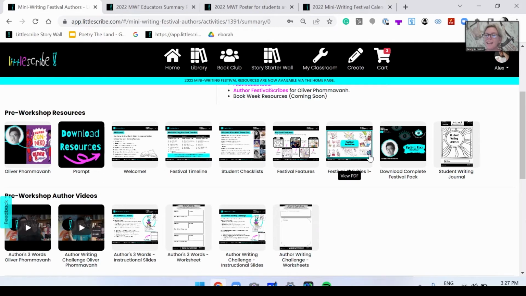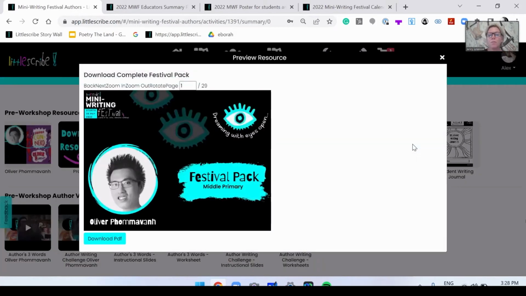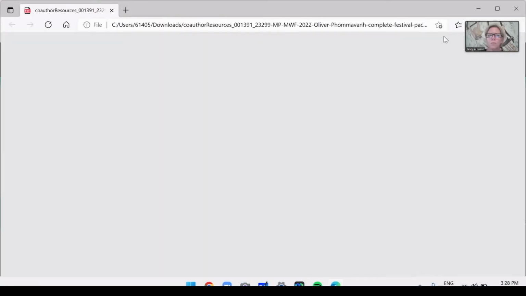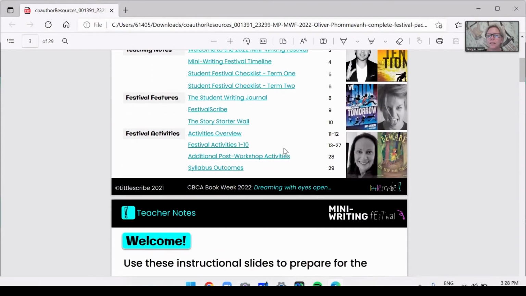The first 10 activities that you could be doing now, and we have a PDF that you can download and put that into other platforms and resources that you might use. There's a really simple tool here, which is the complete festival pack that's available for all the resources prior to the festival. And again, you can use that in a way that works with your platform. I just wanted to show you how that's laid out,